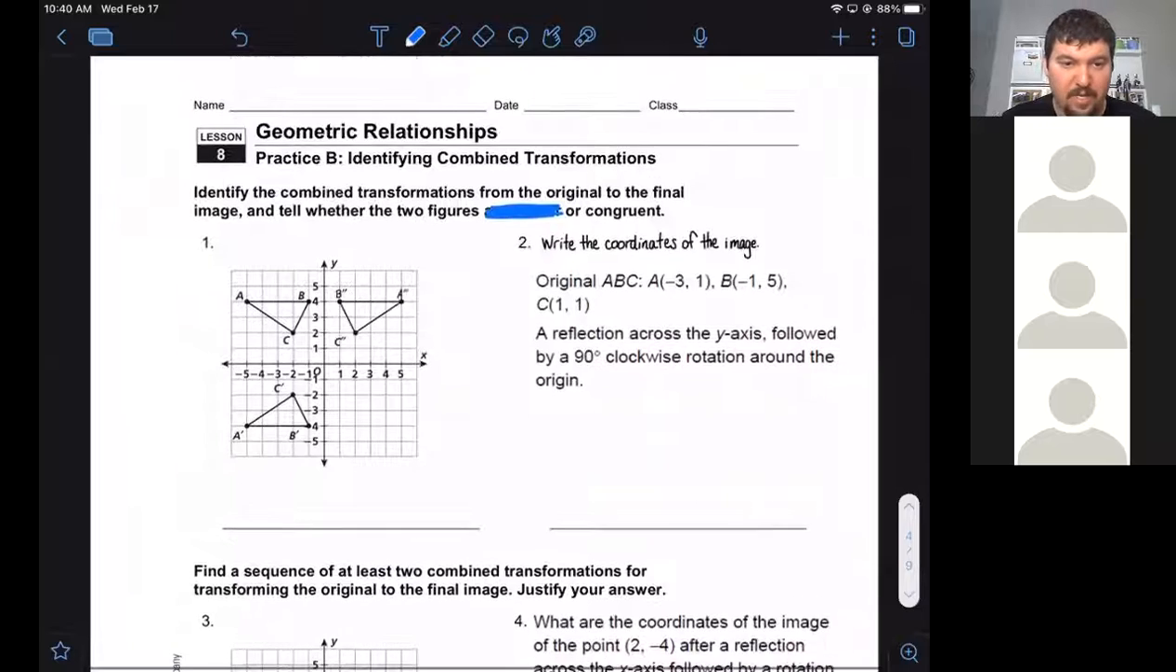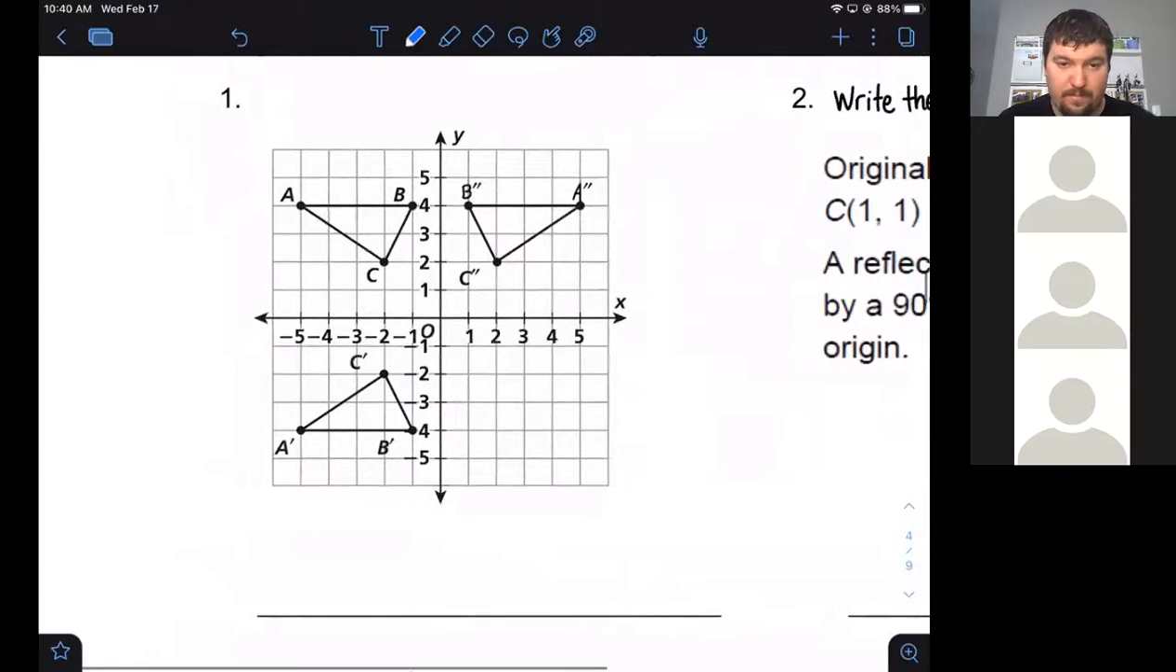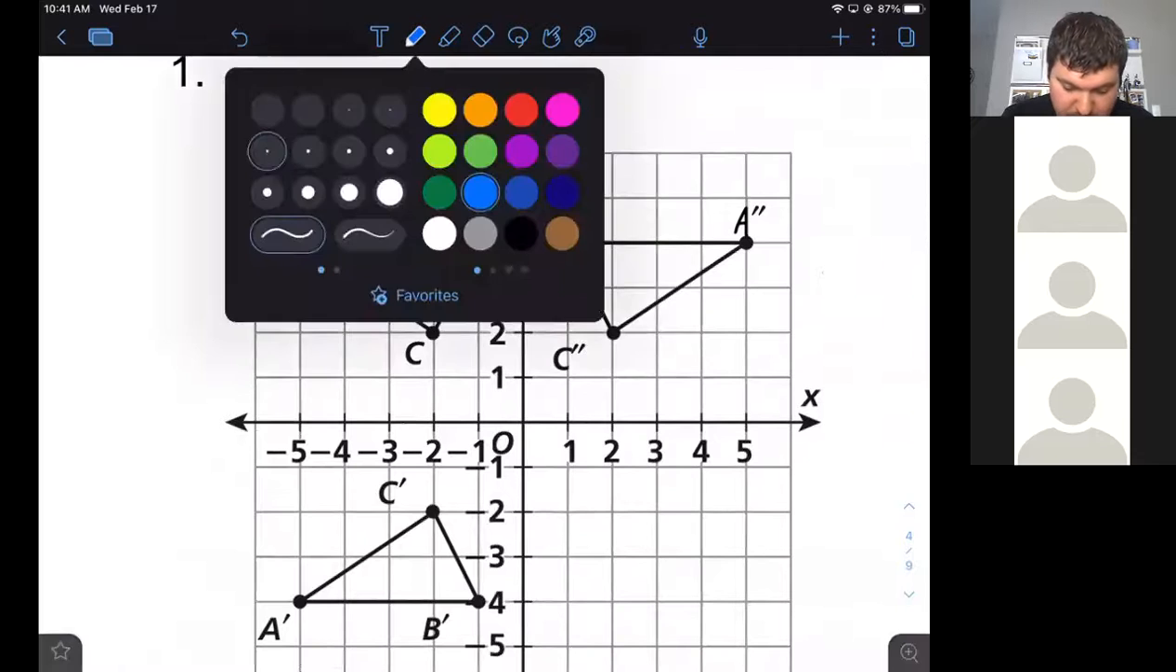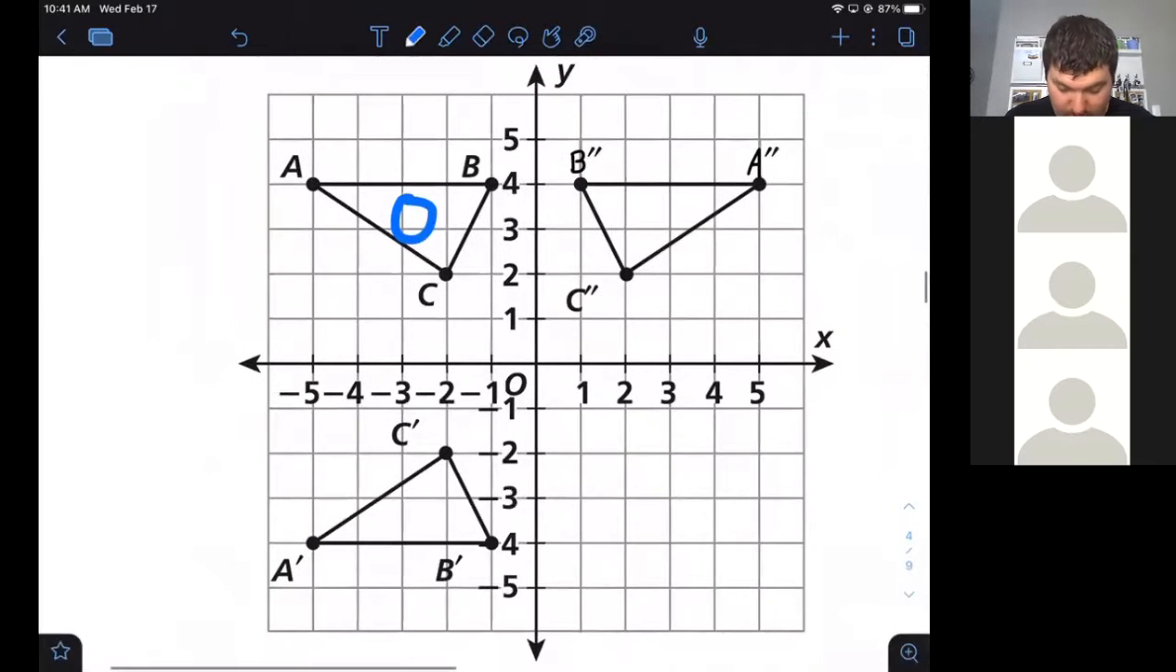Okay, so for number 1, how can I tell which of these triangles is the original? The triangle that doesn't have any primes on it. You got it, Elise. Nice job. It'd be the triangle with no prime. So this was the original one. I'll put O in the middle of it so we know it's the original. Okay. That makes the single prime your first transformation, and then your second transformation is going to be the double prime. So knowing that that's the order,